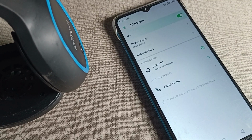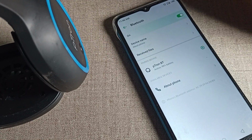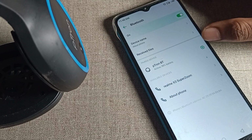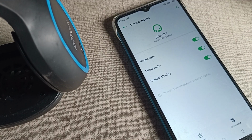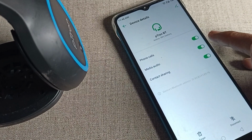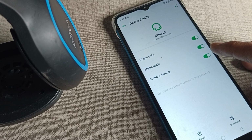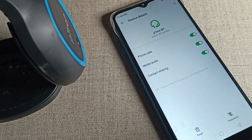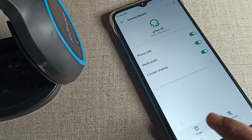Once you are here, you can check which devices you have paired. So I have paired this Boat company headphone, and now I want to unpair. So tap the right side icon here, and friends, you can see your Bluetooth headphone device settings: phone calls, video, audio, and contact settings. You can turn them on and off from here if you want. So friends, you can see disconnect. If you want to disconnect, you want to forget, which means unpair, tap here